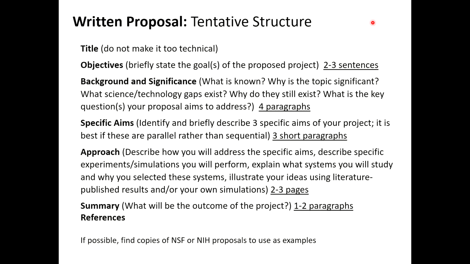So this is just a slide, and you can have it. I'm not going to read through that. This is my proposed structure of the written proposal. I think it shouldn't be more than 6 pages long. It can be longer if you like writing, but if you're writing many more than 6 pages, you're probably going